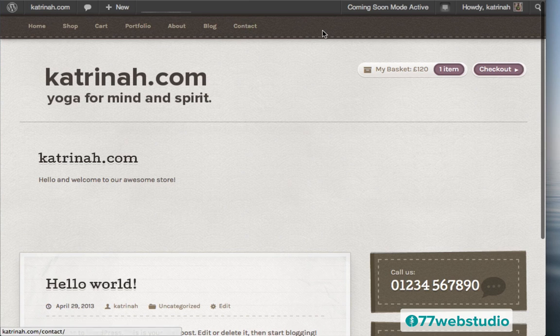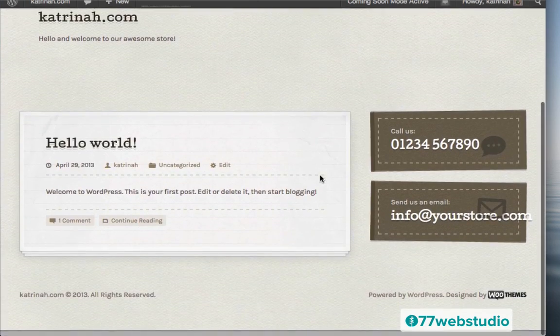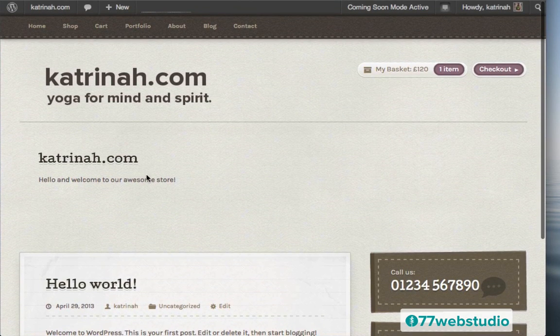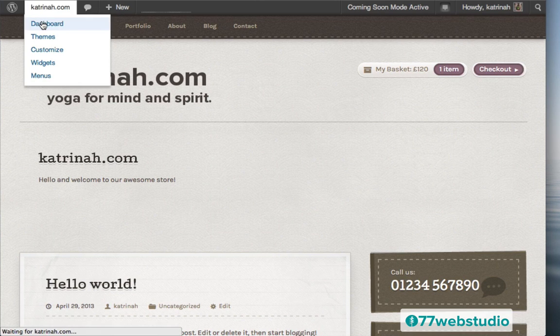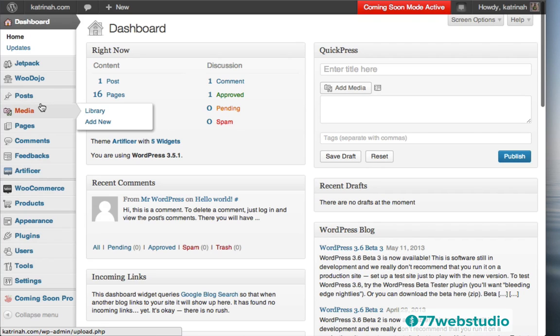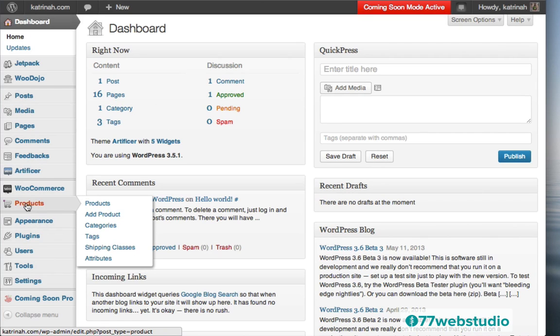So we also have to add some products because our website, it's looking okay, but we've got a couple more things to do. So let's add our featured products right here by adding some products to our website. So I'm going to go up to the top and click on Dashboard. And then on the left-hand side, I'm going to click on the products page right here by clicking on products.